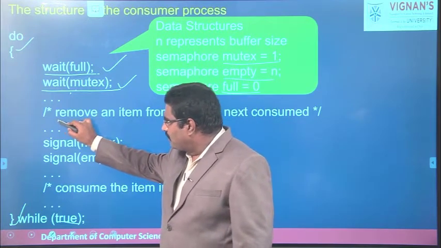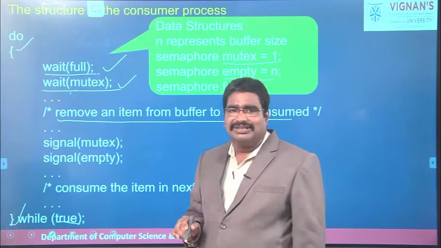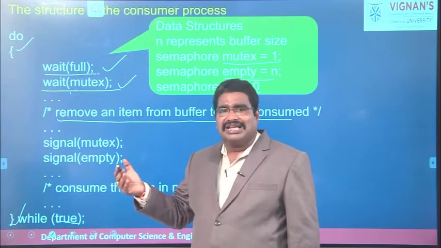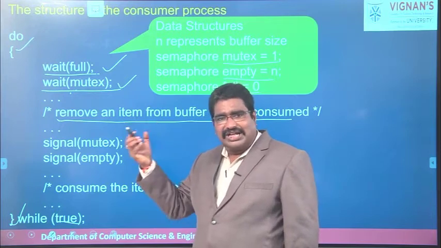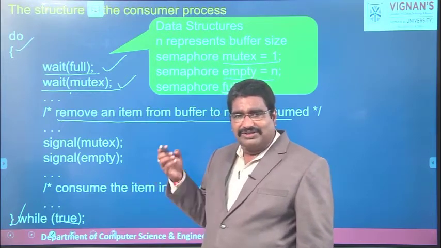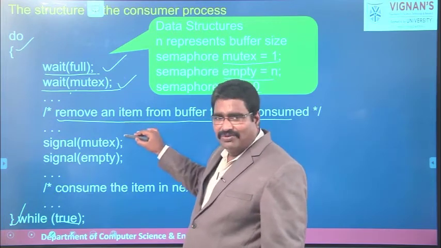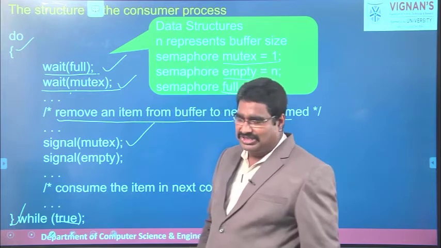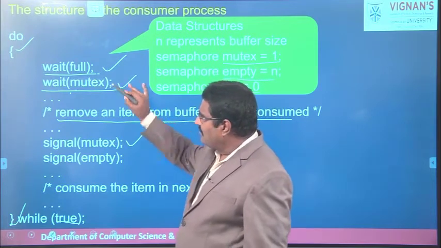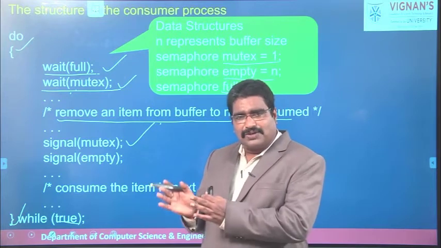Then the consumer process removes an item from the buffer, and we are assuming that the item name is next consumed. So the consumer process takes one item from the buffer, and once the item is taken, the modification is over, then it gives the signal mutex. So I hope you understand why we use the wait mutex and signal mutex: because the producer process